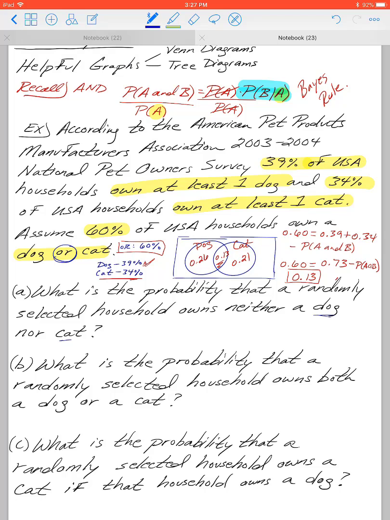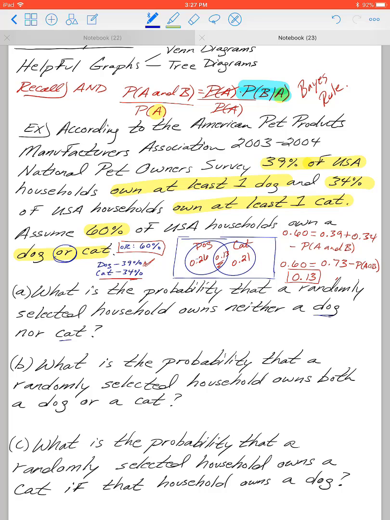So we had dog or cat, dog and cat, is that 13%. What we did not include, I guess, was the outside of our little universe here, right? I mentioned at the start that 100% of what can happen in this scenario should be represented in this Venn diagram. So if we take 1 and subtract our entire 60% that we're representing here in red,